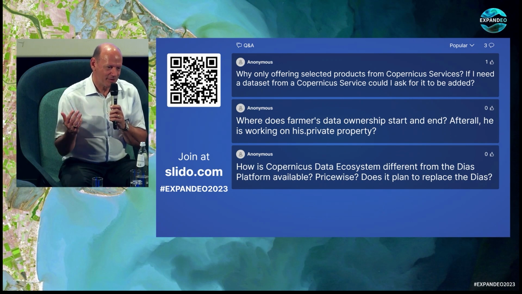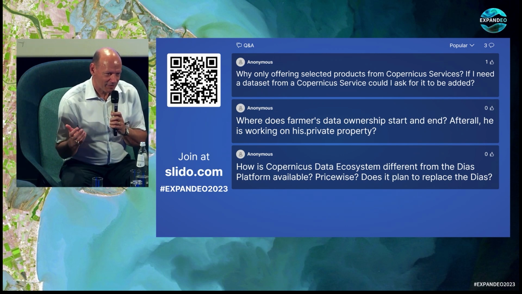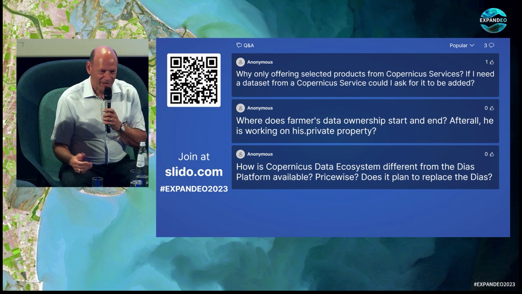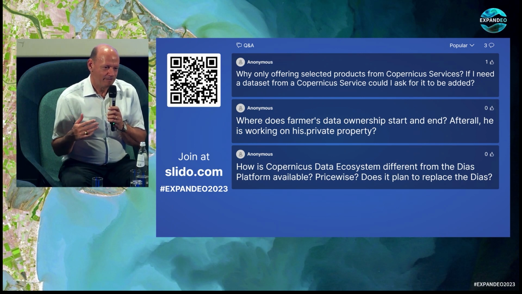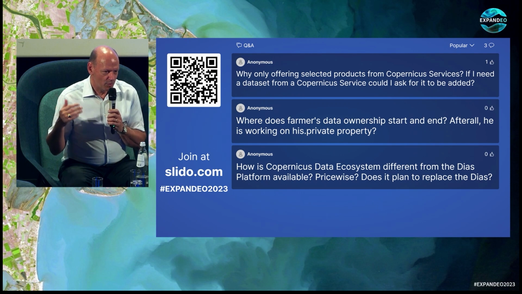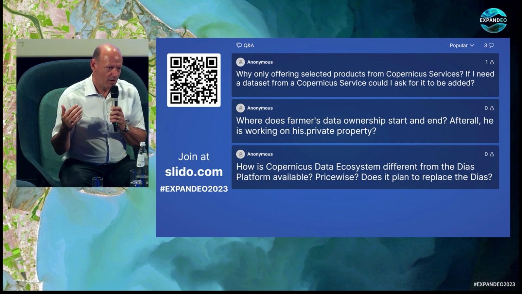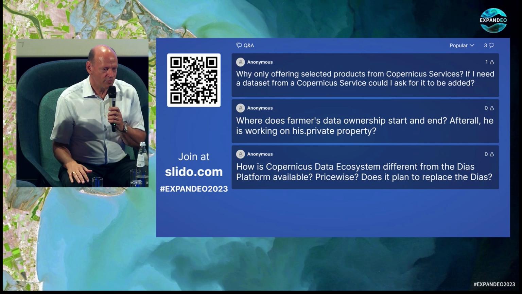So this is the starting point. But we also know that out of the 700,000, not everybody is as active as everybody else. From the very first moment we started in January, we are now in the range of 20,000 registered users already, even without having all the services, so that's a good sign.